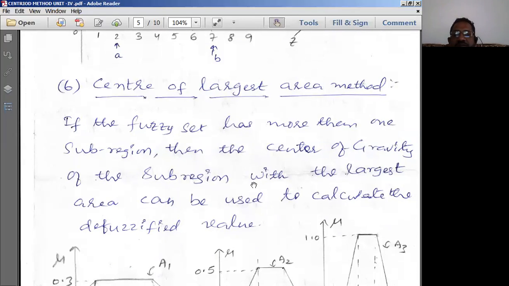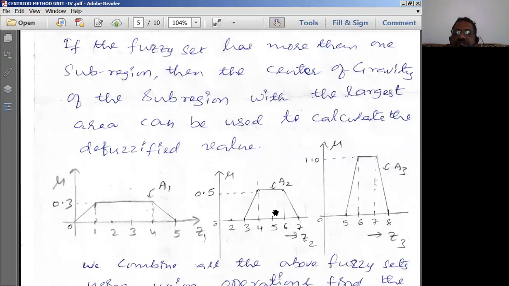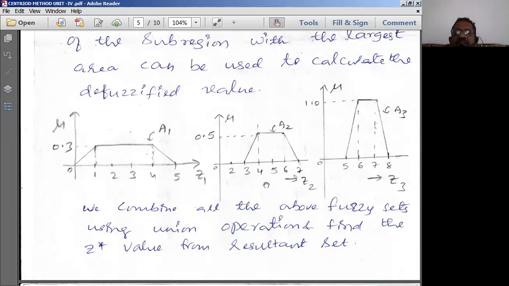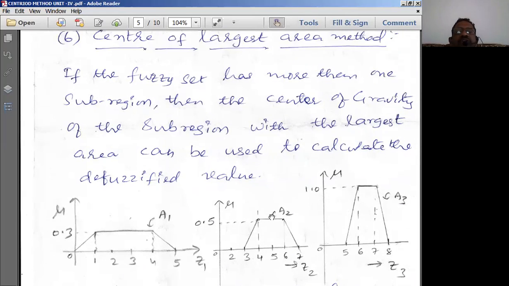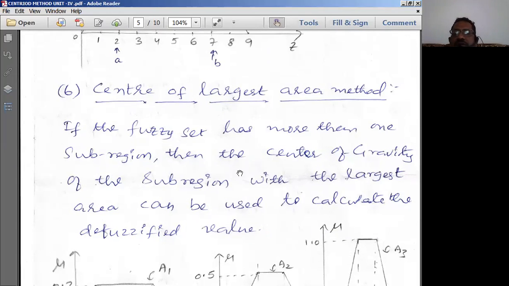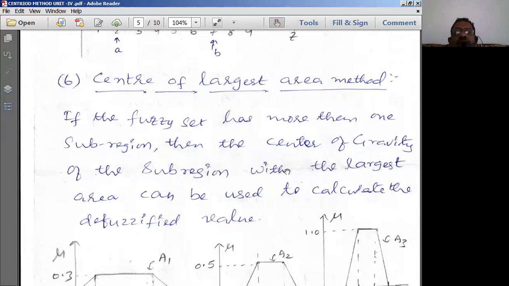Then the last method, which is a lengthy process. The process is very simple, the equation is very simple, but you have to repeat the same task many times. It is something like nesting of operations. So it takes a little bit of time to compute. For me it took around half an hour to compute one set of data. So definitely you will take around half an hour to compute this problem.